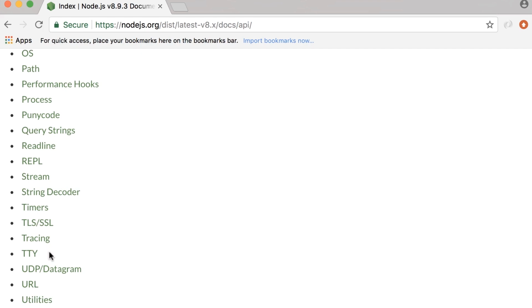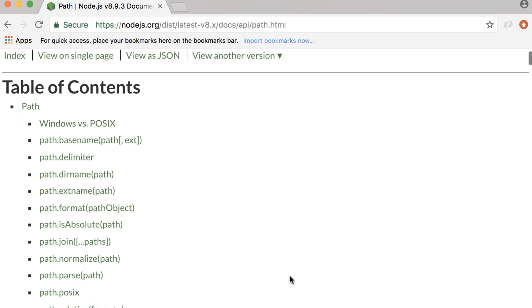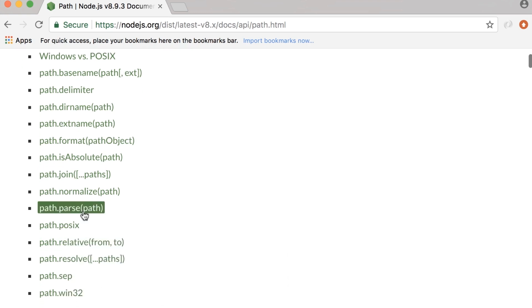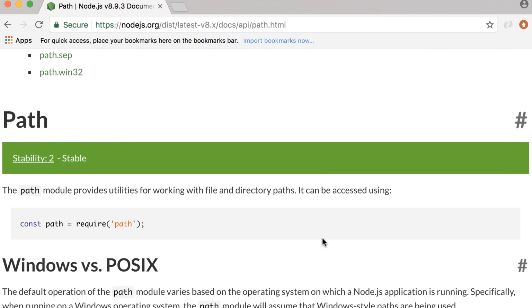Now, in this lecture, we're going to look at this path module. So on the documentation, you can see all the functions defined in this module. In this lecture, we're going to use the parse method. Now, if you scroll down, you can see how you can use this module. So you have seen the require function before. We call the module using the require function, get the result, which is an object, and store it in a